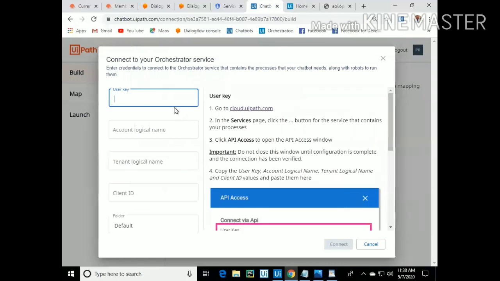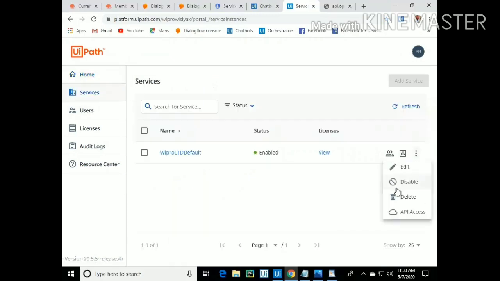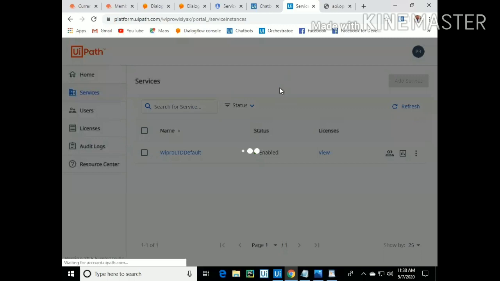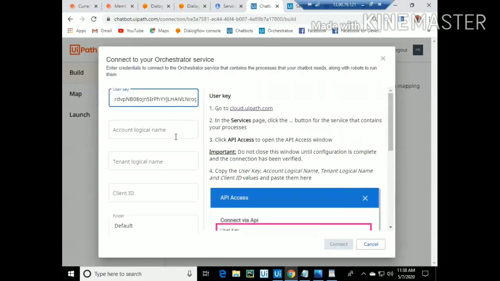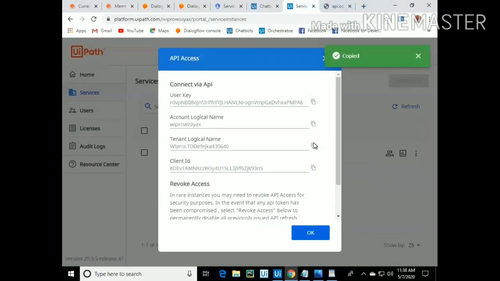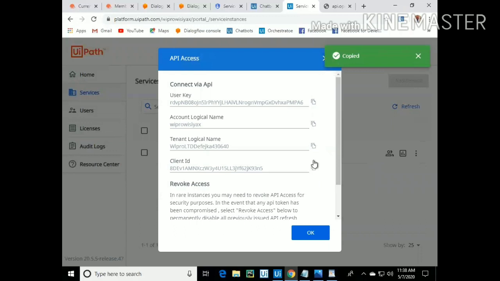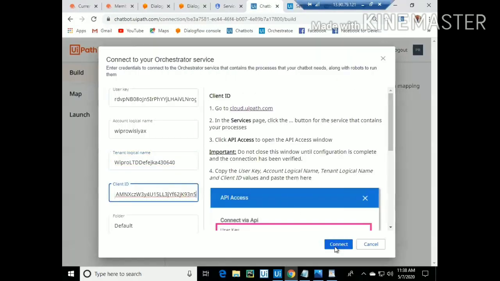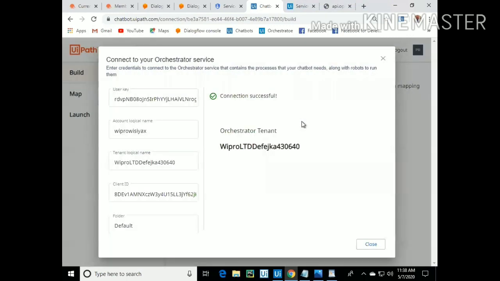Go to the Orchestrator service, click on the 3 dots, API access, and copy the data. Now we have connected to the Orchestrator service.